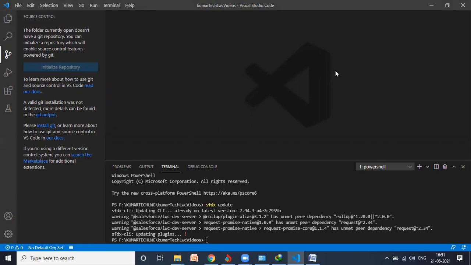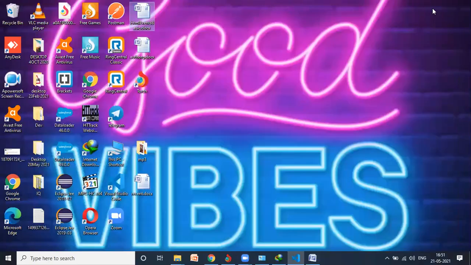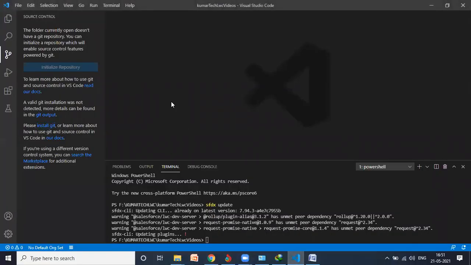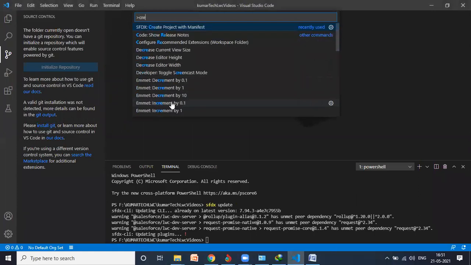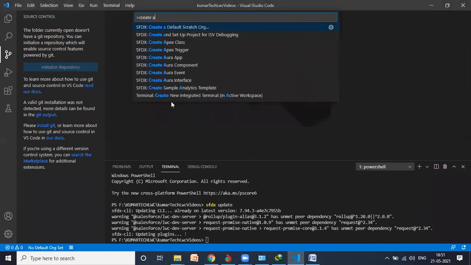So guys, I don't want to waste my time. I will just copy and paste the code to show you whether the component is deploying or not. Let me copy the name. I will go here, type Control Shift P, and again create a lightning web component.